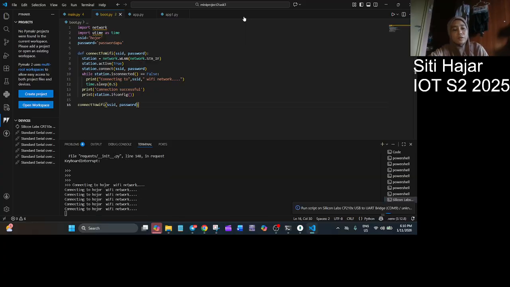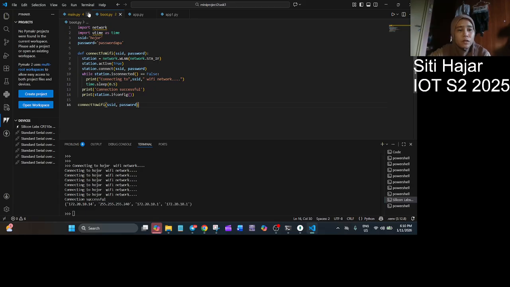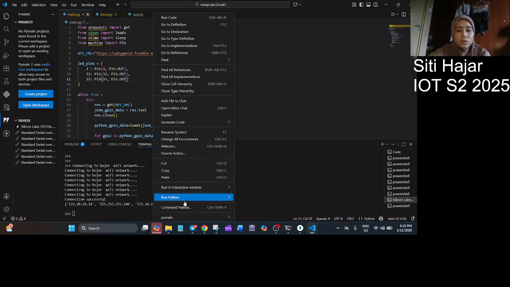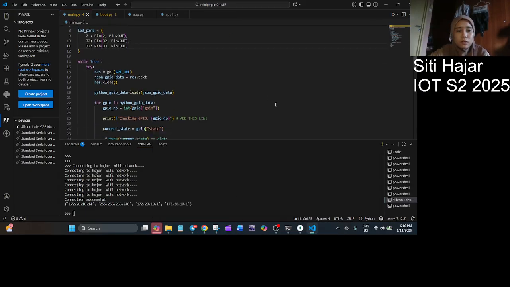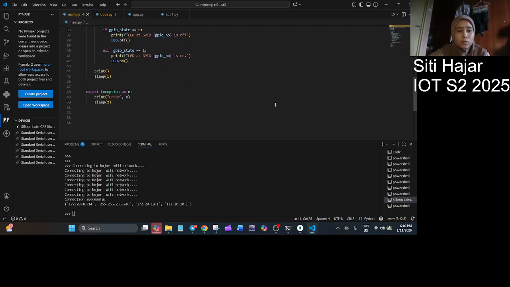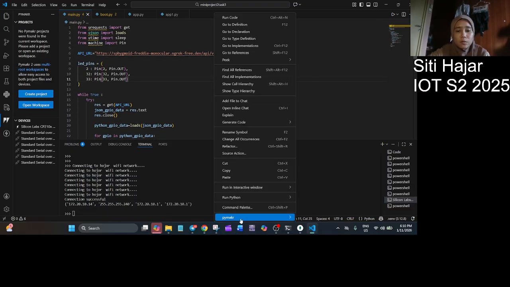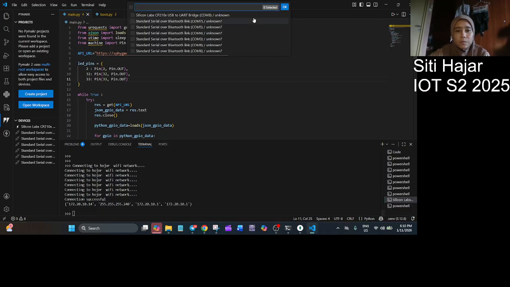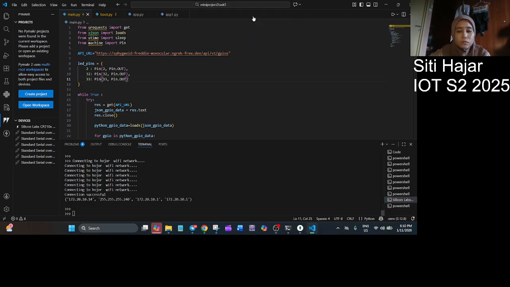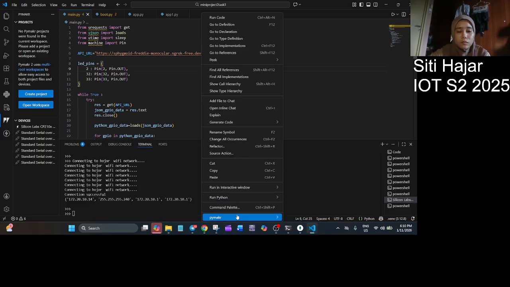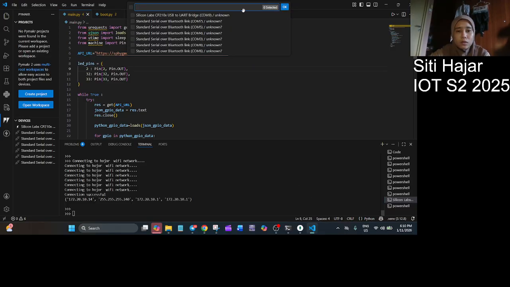Connecting to the Wi-Fi right now. Okay, connected already. So this is my code. I'm going to upload it into the ESP and run it.